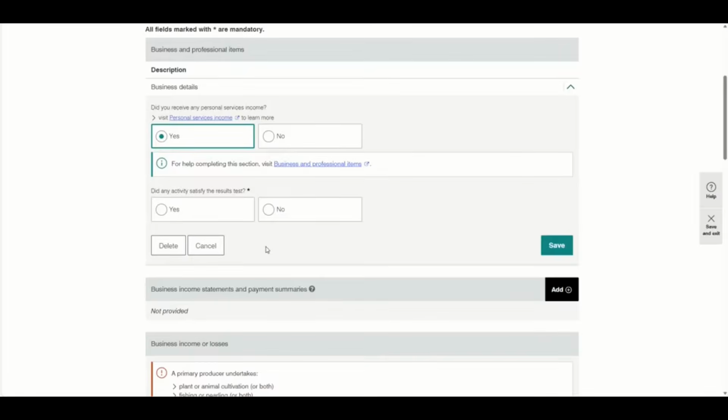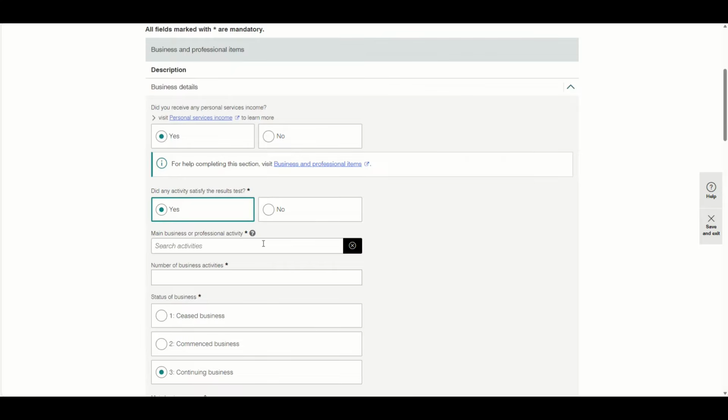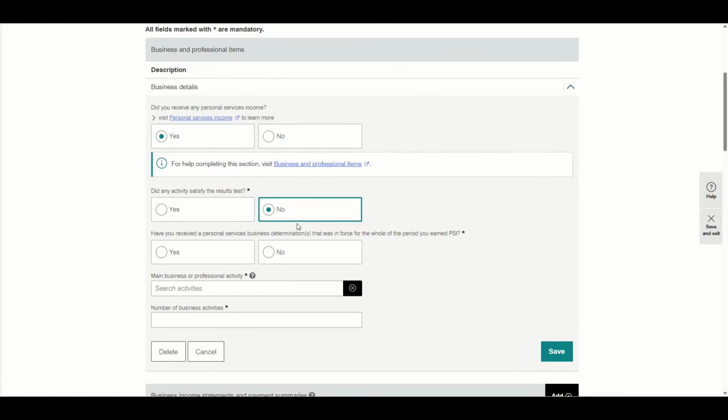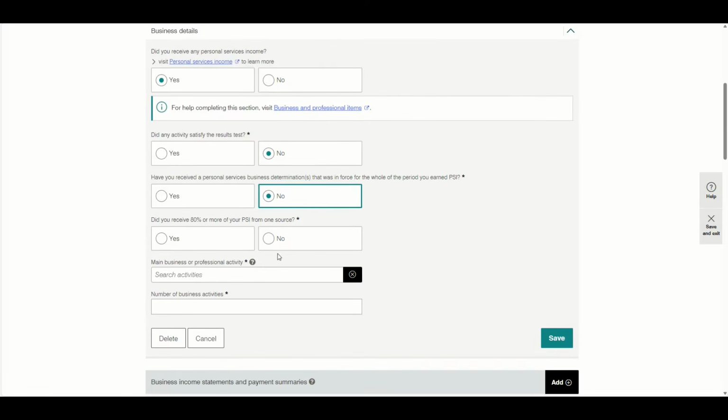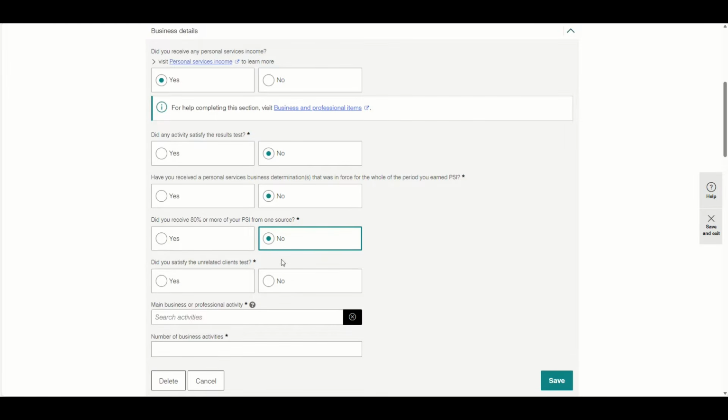As I satisfied the results test of the PSI rules, I will select yes, and I will be asked no further PSI questions. However, if you did not pass the results test, then select no to this question, and there you will be asked if you received a personal service business determination from the ATO for the whole period. If you had not received one, then also select no. You will then be asked to answer 3 questions from the PSI test, including the 80% test, unrelated clients test,